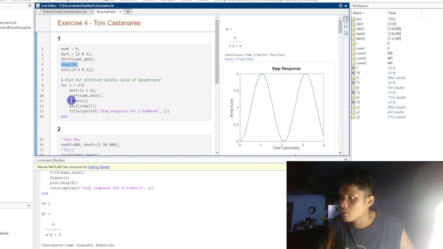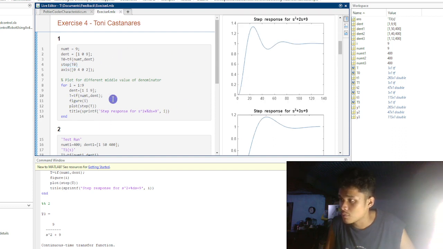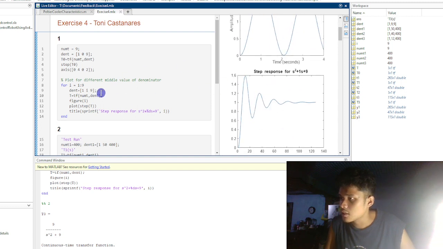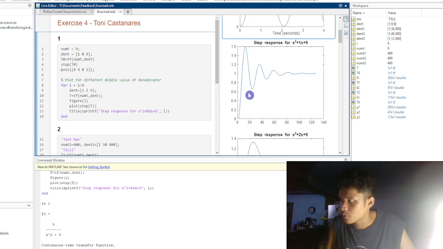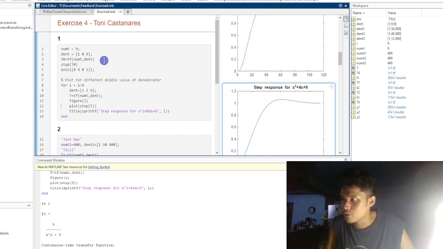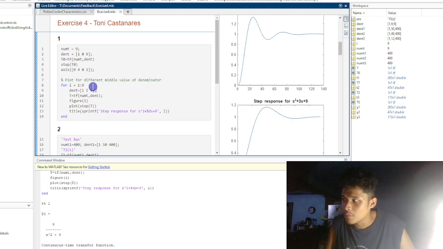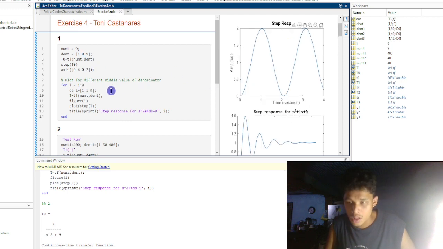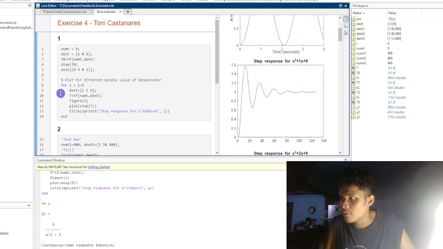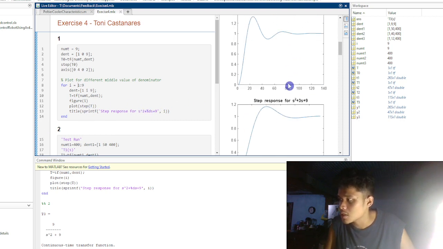So if I use this one, figure 1, you can see that it immediately moves to that part where there is the plotting for the different values of 0. So I replaced the 0 with 1 up to 9. To make it more efficient, I used a for loop. So it starts from 1, ends in 9. And for the formatting of the title, you can see here that it inserts the number itself.